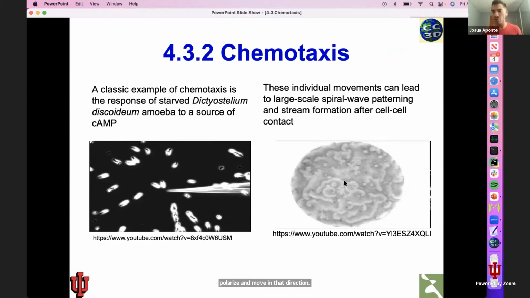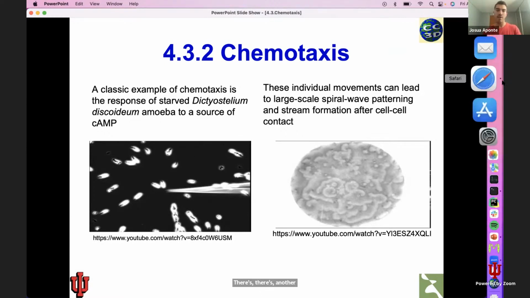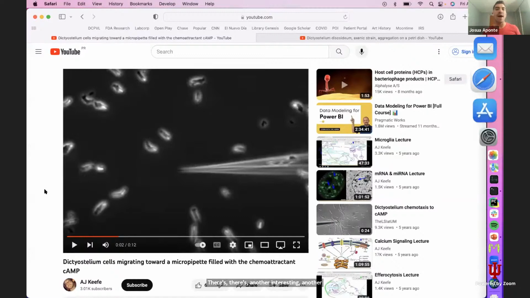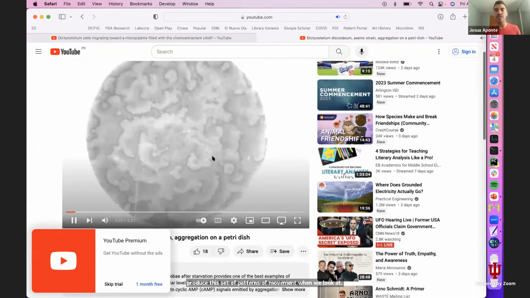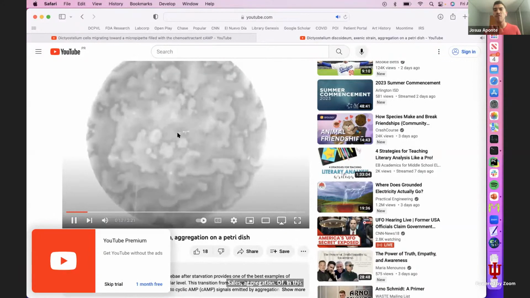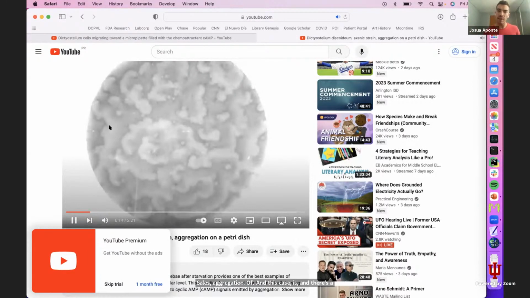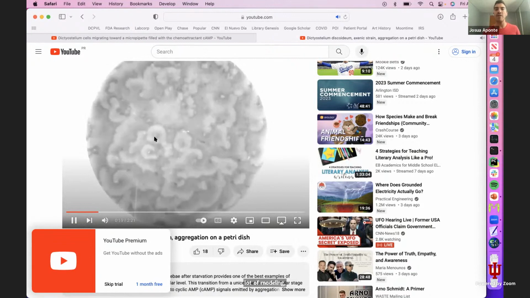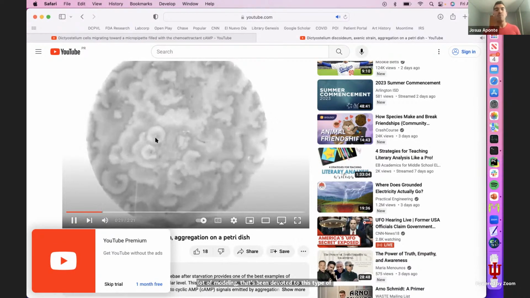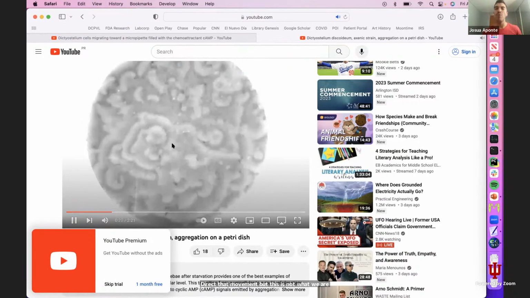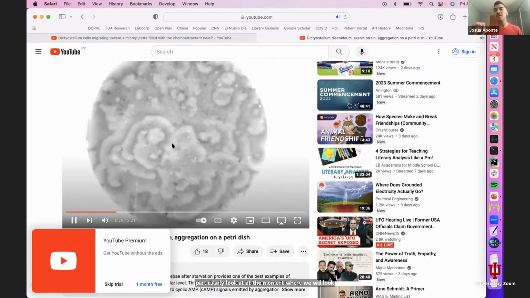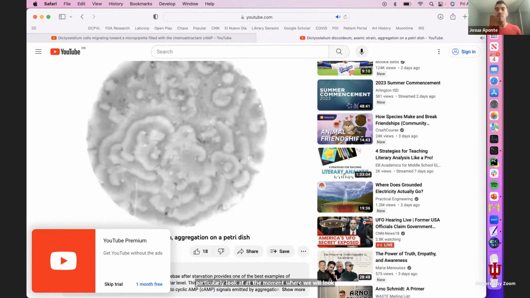Another interesting aspect of chemotaxis is that it can produce patterns of movement when we look at the aggregation of, in this case, Dictyostelium cells, and there's a lot of modeling that's been devoted to this type of patterning that arises from directed movement. But this is not what we are going to particularly look at at the moment, where we will look at how we can model single cell movement